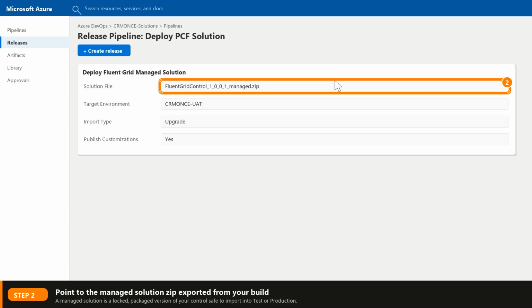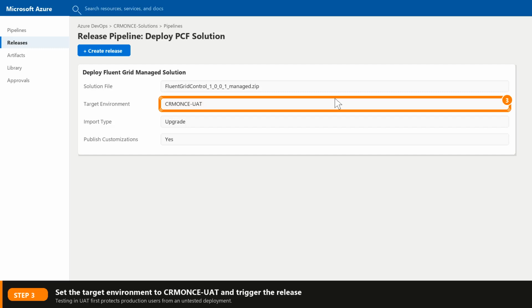This is the same file you'd get from exporting your solution in the Maker portal, or automatically from a continuous integration build. Finally, I set the target environment field to Commons-UAT, our user acceptance testing environment, and the import type to upgrade rather than a fresh install, since a previous version of this control might already exist there.